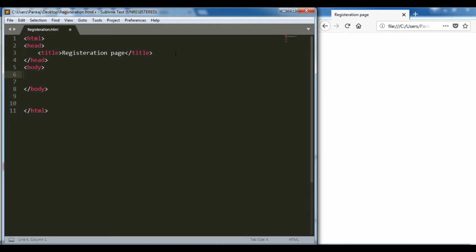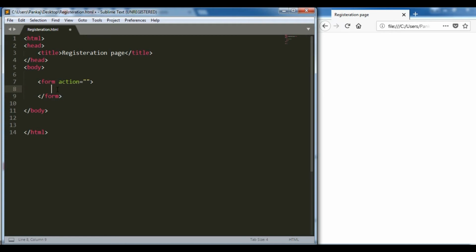So there is a tag that is called form, and it has an attribute that is called action. Action will be used if I am using server-side programming, or I want to transfer this form data to some server-side program. I have put it empty action. Okay, so next